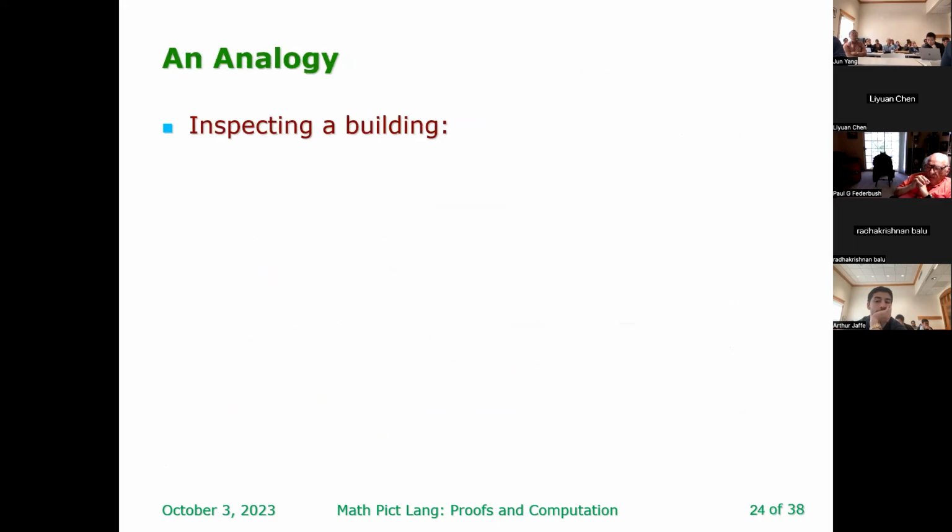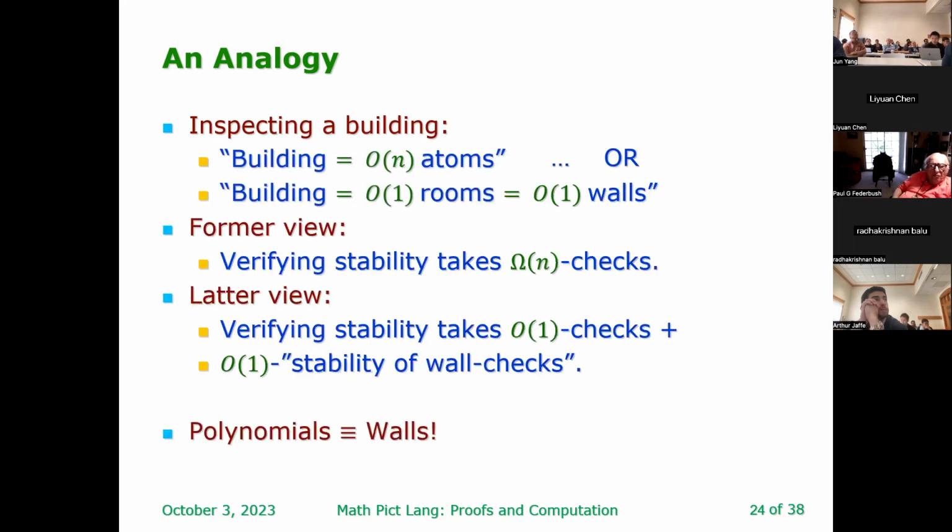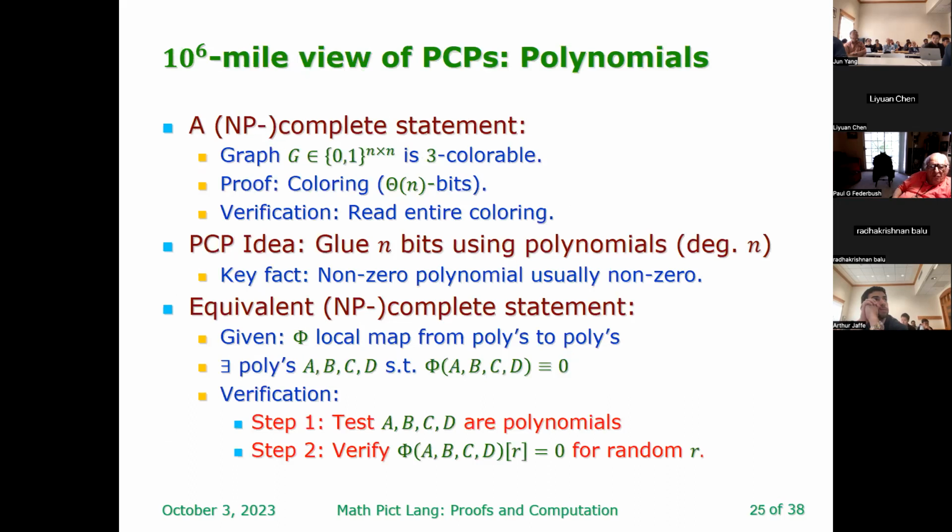Great. Maybe I'll try to jump ahead to that. So let's see how are we doing on time. I don't think I have so much time. So I had some analogies trying to explain where these PCPs come from. I won't tell you about it. The whole idea is combinatorics was the wrong